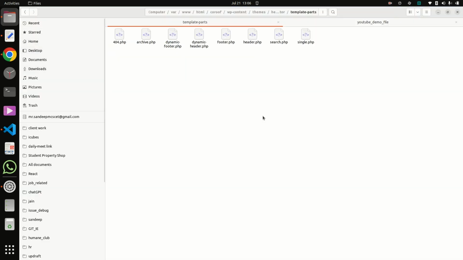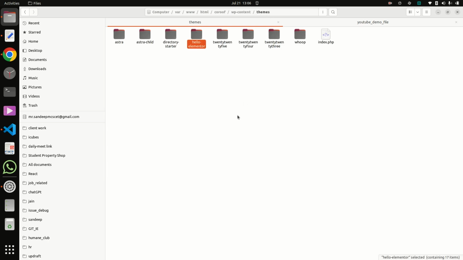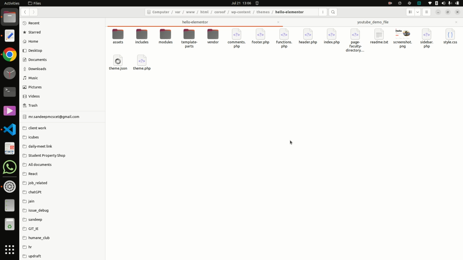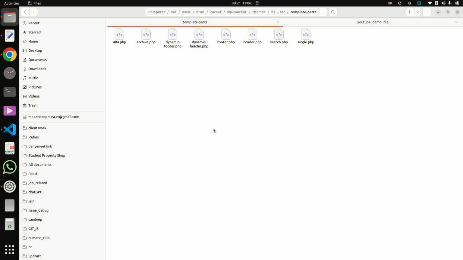So now I added single.php. You can also add this single.php directly inside the theme structure, and I am using it inside template parts.